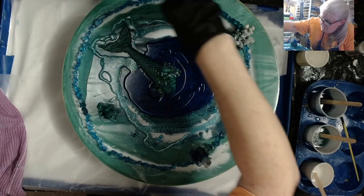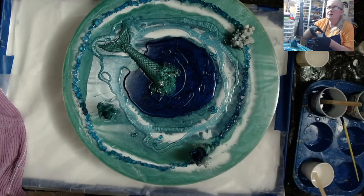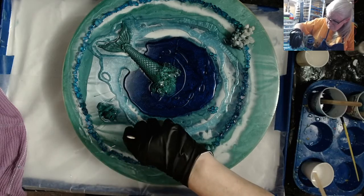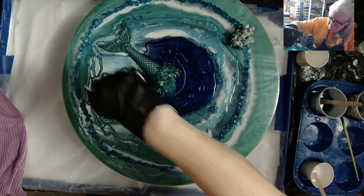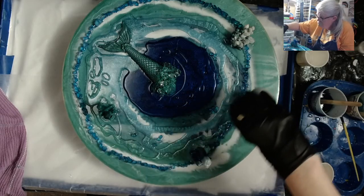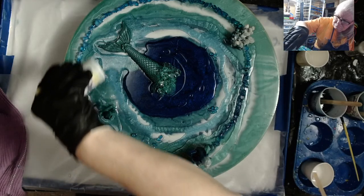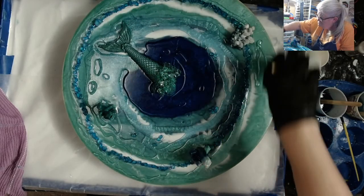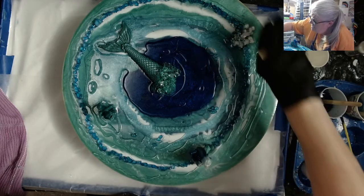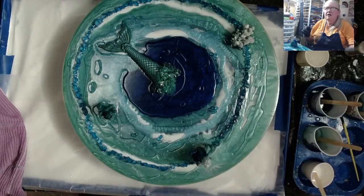I'm trying not to get any on top of the tail because I want to kind of keep the tail the same color. I made too much resin again. Okay, I think I got, well, that's all the green. Okay, let me get rid of my,